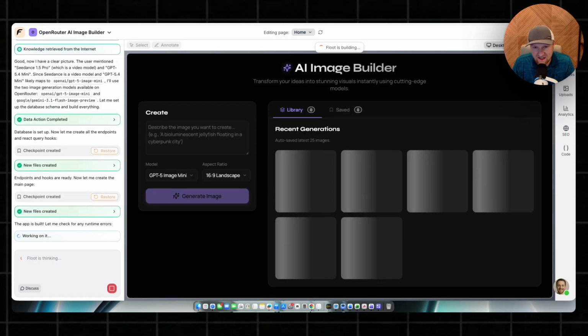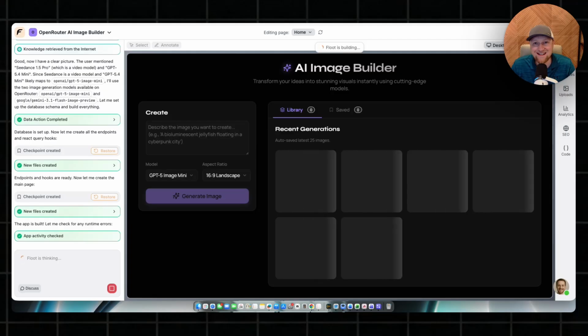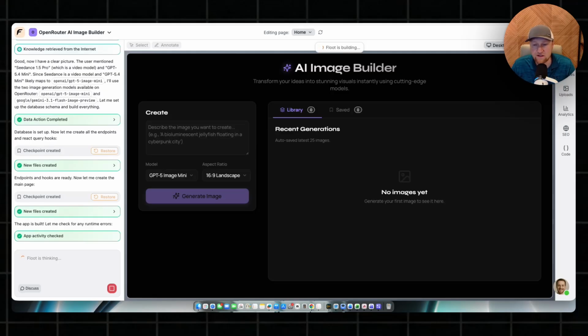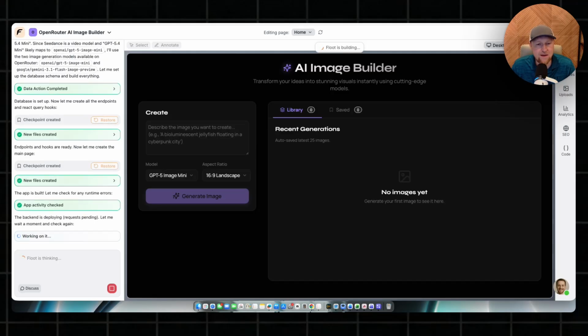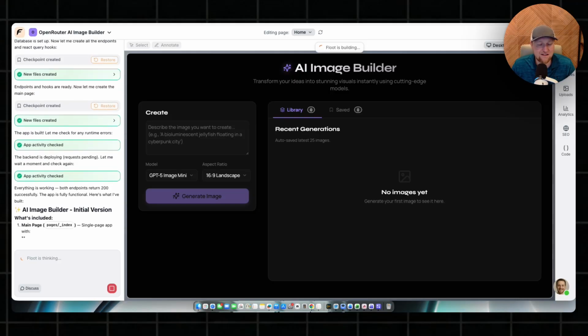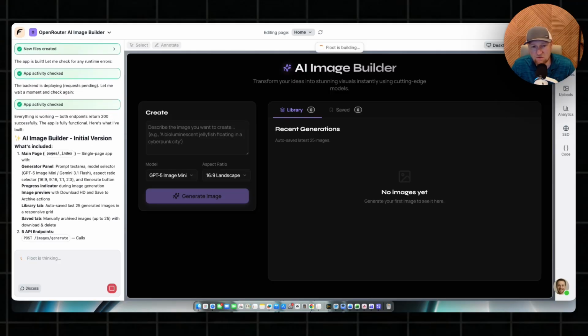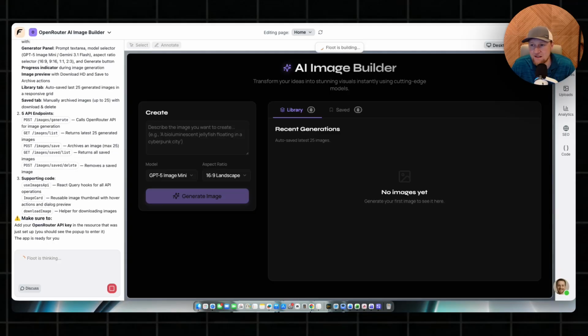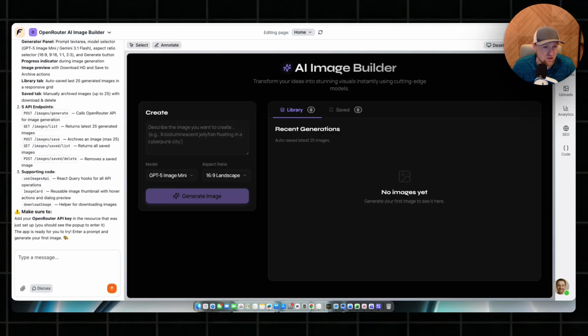Okay, so here is the initial look. And notice we did not tell it what to look like. We did not give it any information on how we wanted it to look. I think this looks great. Right out of the gate, this is great. We could change this to a white background if we want to, but we can go with the dark midnight background like this. Make sure you add your Open Router API,